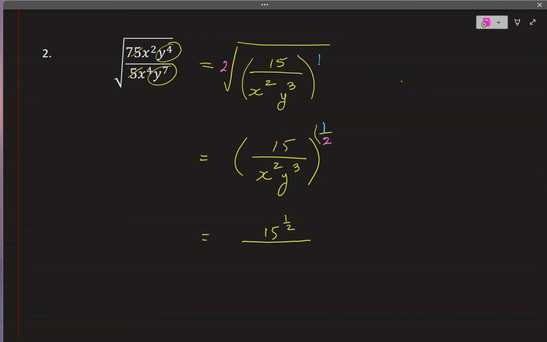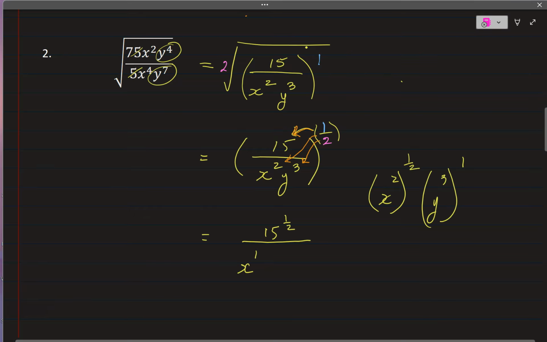This exponent 1/2 belongs to every single one of these guys. Every single one of them. So we have x to the 2 times 1/2, so that would be 1. You're multiplying it. Remember, this is x squared to the 1/2. That's what we're doing. And then y to the third to the 1/2, and you're multiplying that as well. That would be y to the